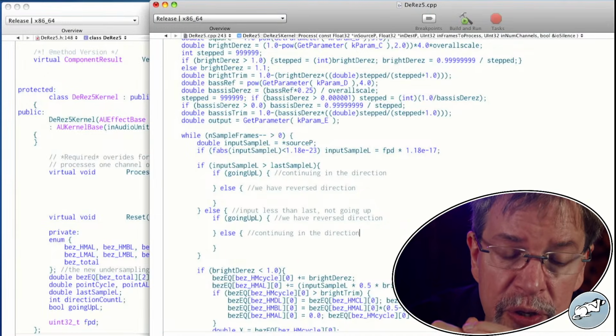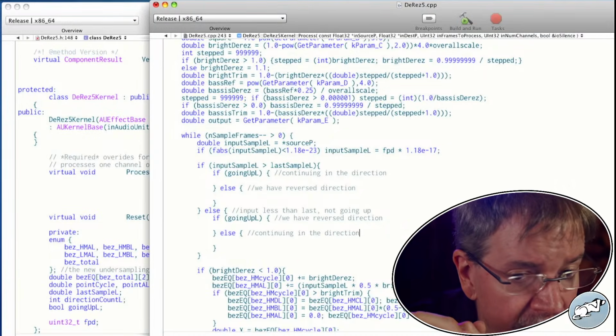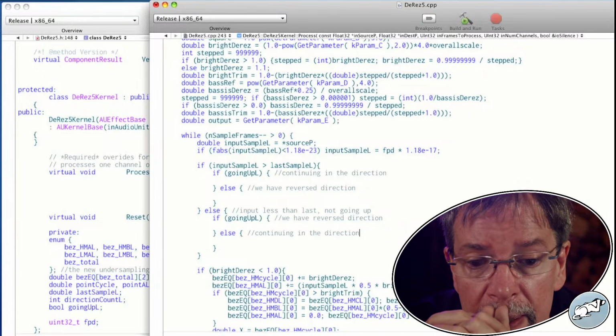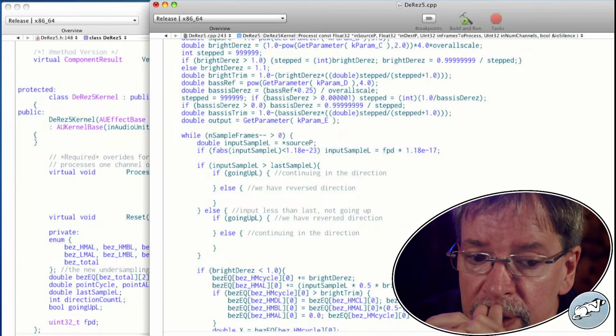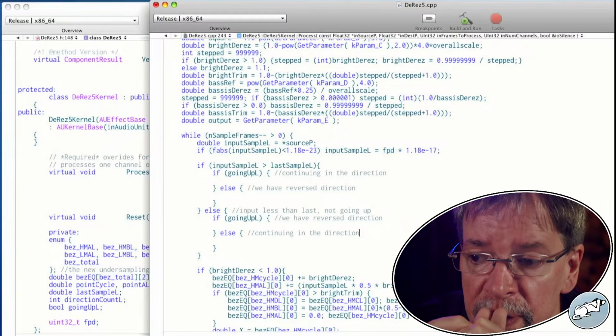This is meant to count every time the signal reverses itself. So we're technically able to do that. But it looks to me like we're wanting to count the number of reversals and then incorporate that into the size of the DRes somehow.